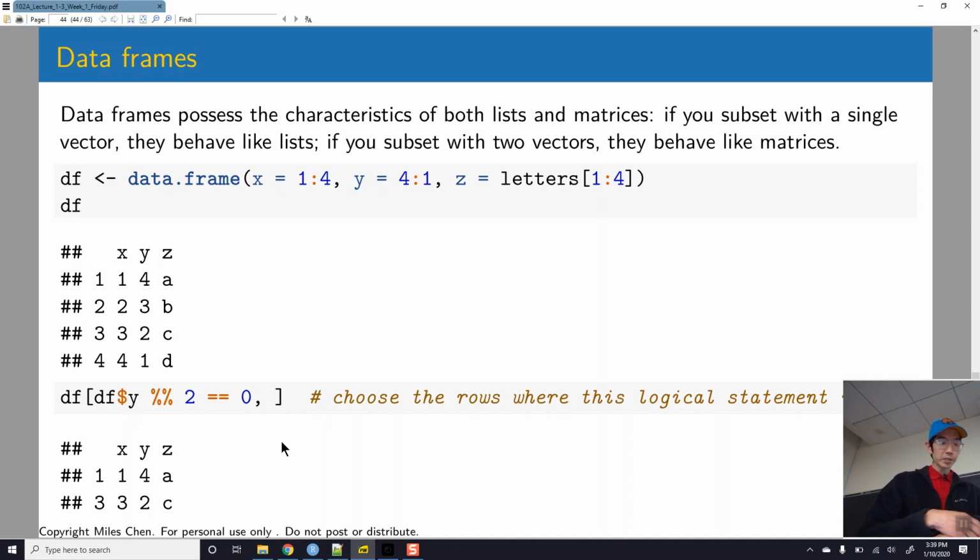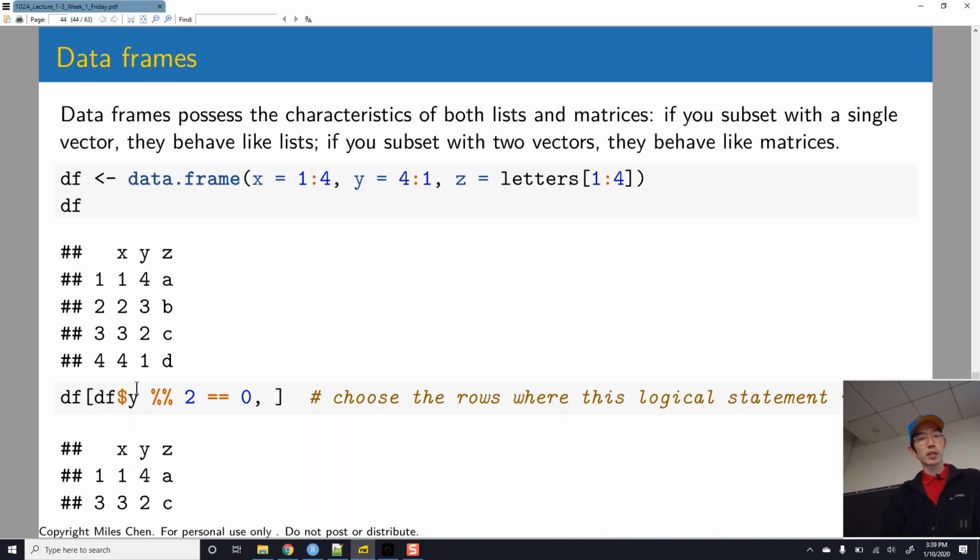All right, let's take a look at data frames. Okay, so data frames are lists, but there's a 2-dimensional attribute, or 2-dimensional nature, right? So you can subset data frames like you would subset a list. You could subset a data frame like you would a matrix, okay? So here is just a simple data frame, 4 rows, 3 columns, and here I'm going to subset it like